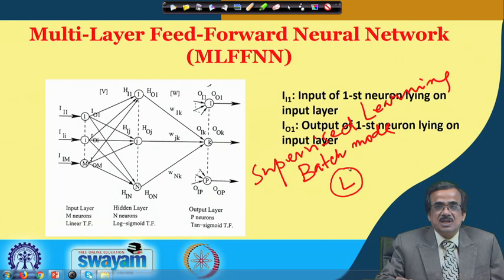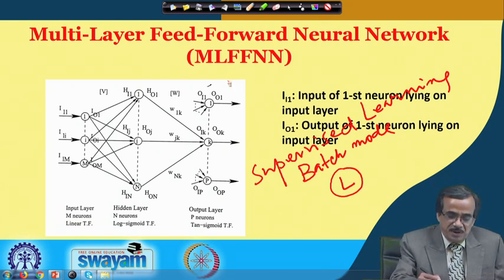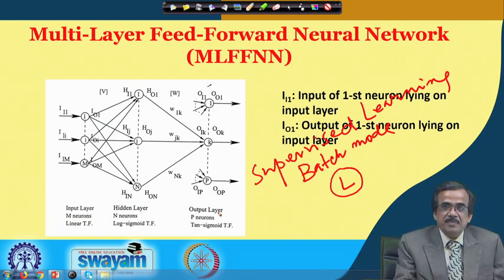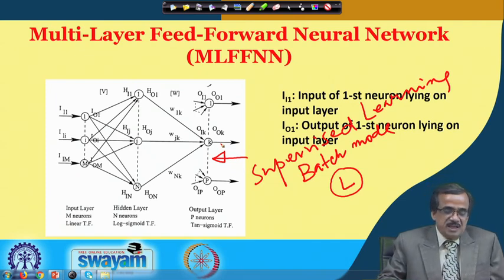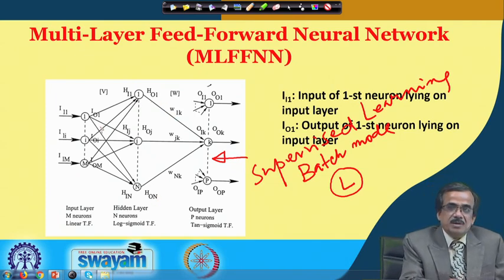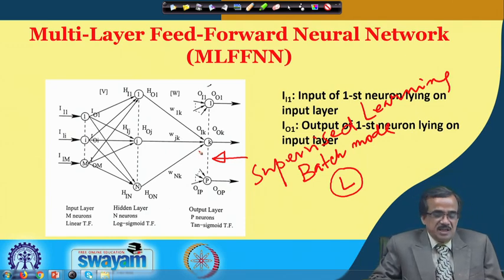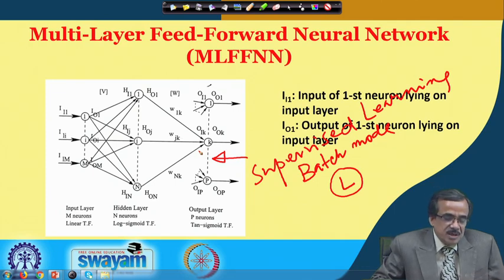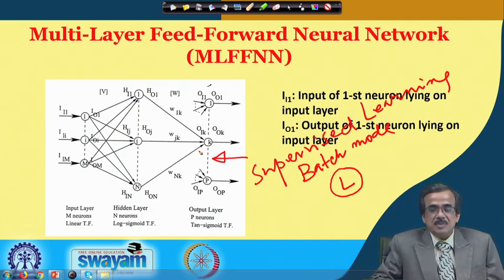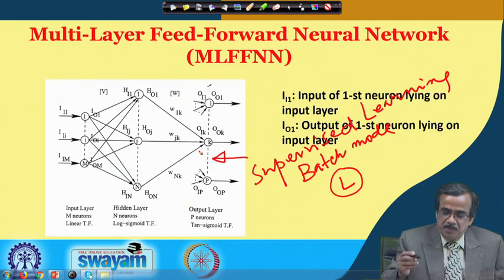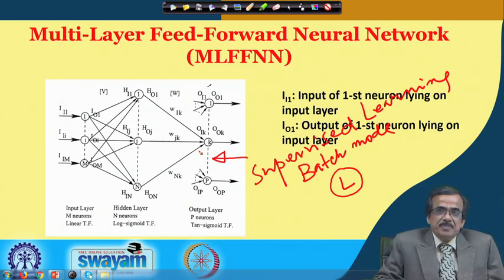Once I pass all L training scenarios, I will be able to find out the total error and the average error, and based on this error I will have to propagate back so that I can modify the different variables. Ultimately, through a large number of iterations, I get the optimal or near optimal network. Now, here I just want to make a point: if I go for the batch mode of training, we will have to be careful that we have used a sufficient number of